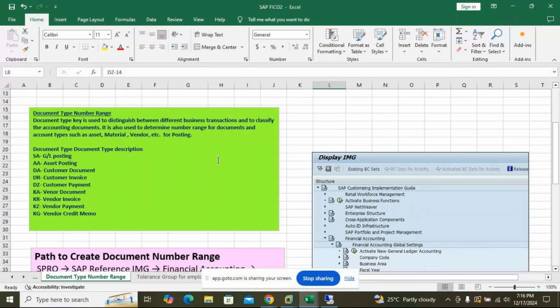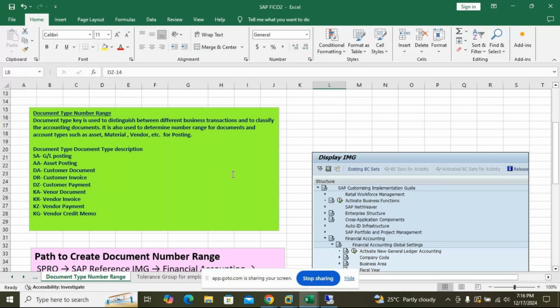So document types, number range. The document type key is used to distinguish between different business transactions and to classify the accounting documents. It is also used to determine the number range for the documents and account types such as assets, material, vendors, etc. for posting.